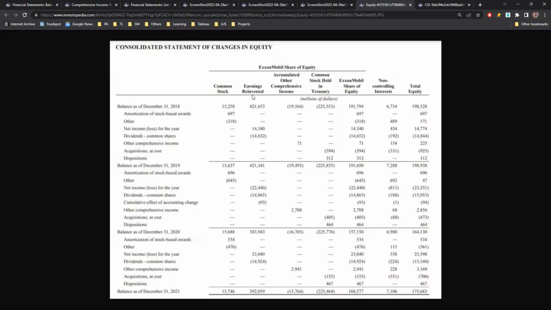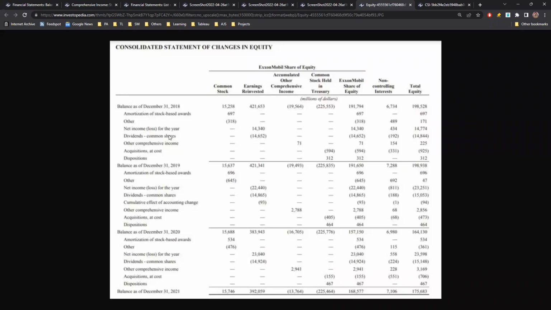Earnings reinvested is, in one way, the cumulative accumulated net income for the company across all the years, right? So if you look at this particular element alone, that means up until December 31st, 2018, it has accumulated about $421 billion